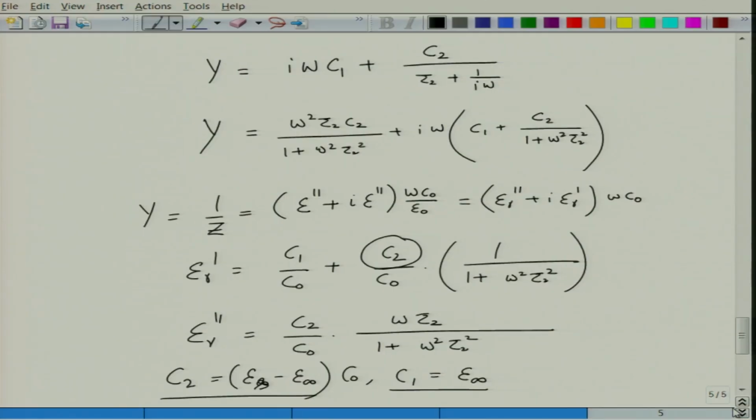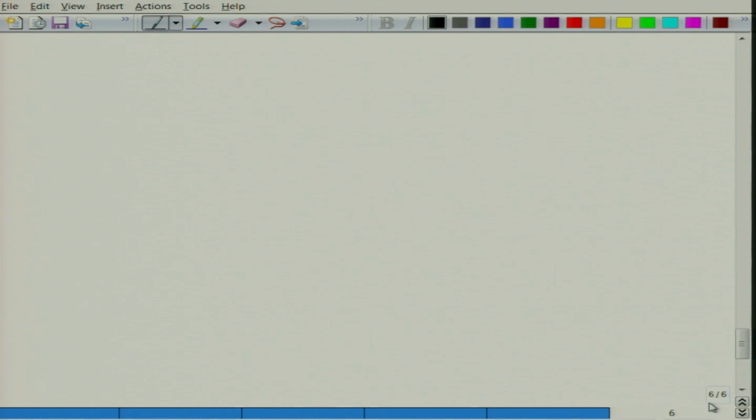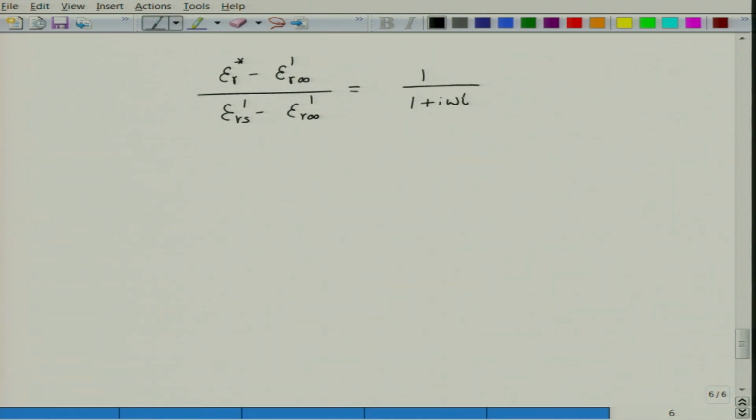What happens when we do not follow the Debye behavior? Then there is a deviation. You do not have a unique relaxation time, you have multiple relaxation times. As a result, the Debye equations get modified: epsilon r star minus epsilon r infinity prime, divided by epsilon rs prime minus epsilon r infinity prime, is equal to 1 over 1 plus i omega tau to the power 1 minus alpha. So this is the modified equation,